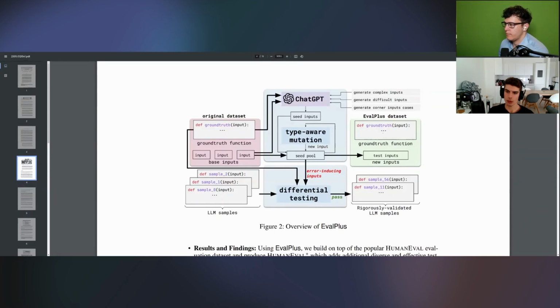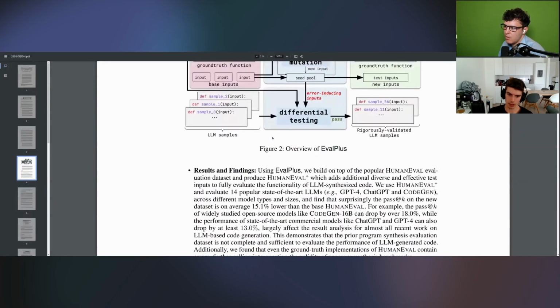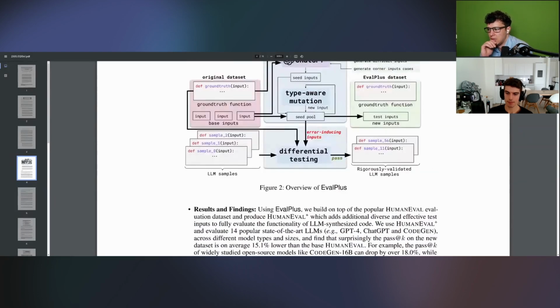No, I'm sorry, I'm kind of lost. So here you're saying that we have the original solutions here, right? And then, yeah, basically, I think here they take the original solution and check if it still passes with the new inputs for the test case, right? What do you think? Is that correct? Oh, okay. So you mean, wait, what's the differential testing thing you're saying? Yeah, so let's